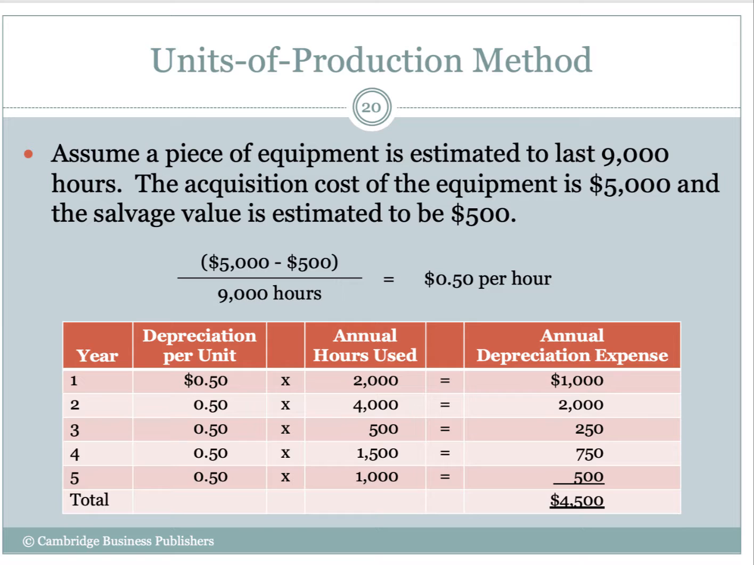So look how the depreciation works, right? In year one, we use it for 2,000 hours. We get 2,000 hours out of that machine. So we take 50 cents times the 2,000. Our annual depreciation in year one is $1,000. But look at year two. Year two, guess what? We use this machine more. We use it 4,000 hours in year two. So to calculate year two's depreciation, we take our depreciation per unit, 50 cents, and we multiply it by the annual hours used, which is 4,000. We get $2,000 of depreciation. Okay, we do the same thing all the way through,